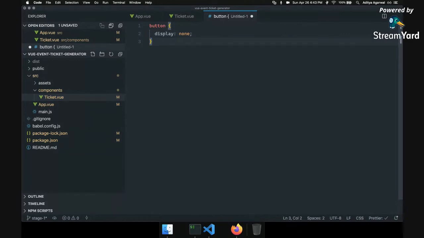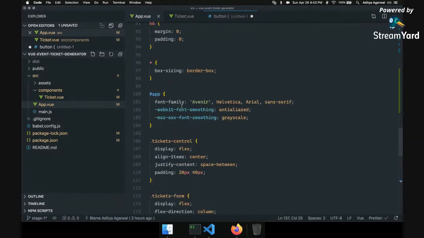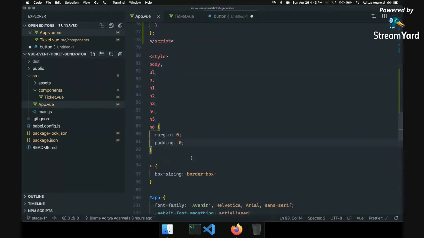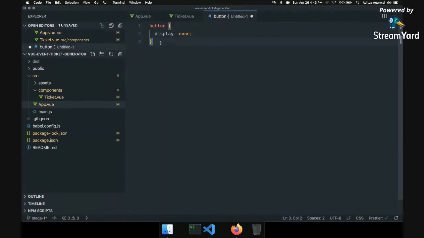Basically, think of it like a global variable situation in JavaScript: any CSS change is globally affecting the file. And in the app we are doing something like that only. There's a style where we say body, h1 to h6, the margin should be 0, padding should be 0. But there are specific things where we don't want a global effect. We want it to be scoped for only one thing.